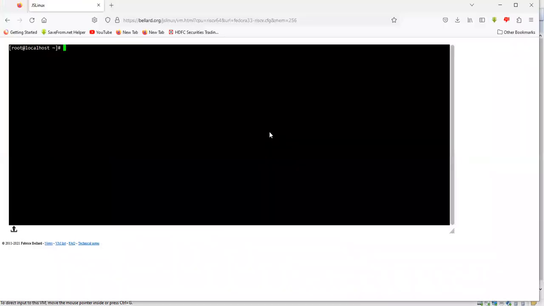Initially, when you log into the Linux environment, it will look like this. First, you have to know where you have logged in, so if you use the command w, it will show